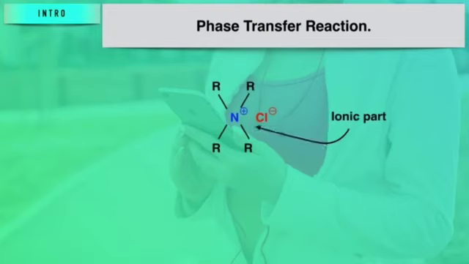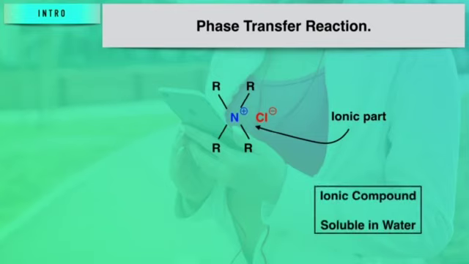Now, to understand what is the role of this quaternary ammonium salt in such SN2 reactions, let us see the catalytic effect. Quaternary ammonium salt exerts its catalytic effect due to this particular reason as quoted on the screen. A quaternary ammonium salt is an ionic compound. As you can see, positive and negative charge separations are there. And since it is an ionic compound, it is soluble in water.